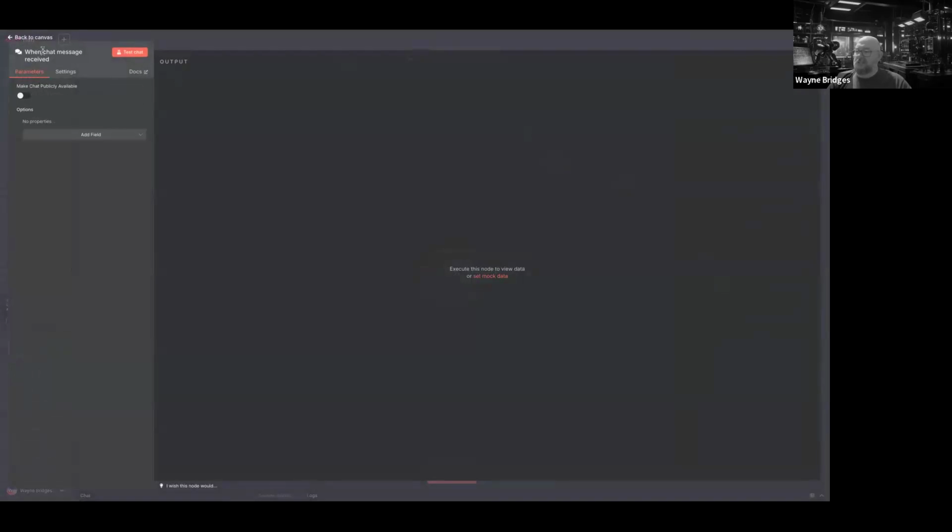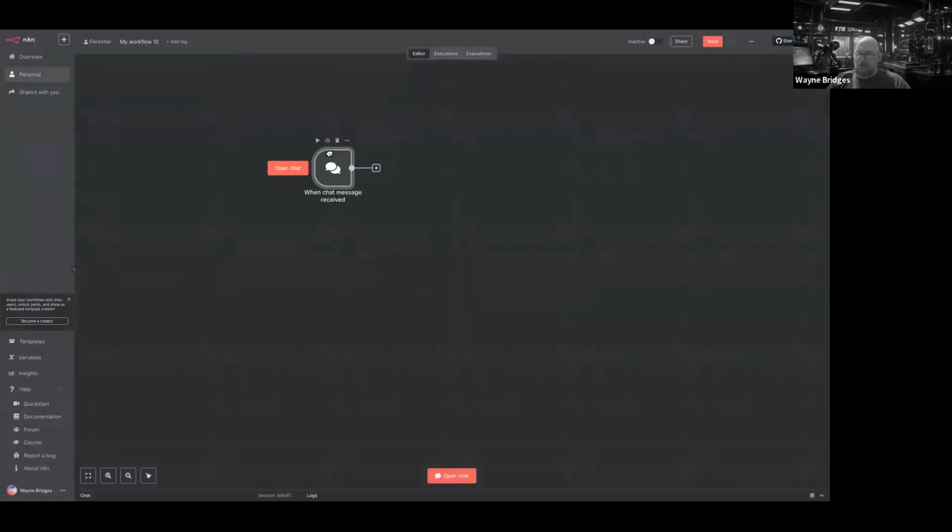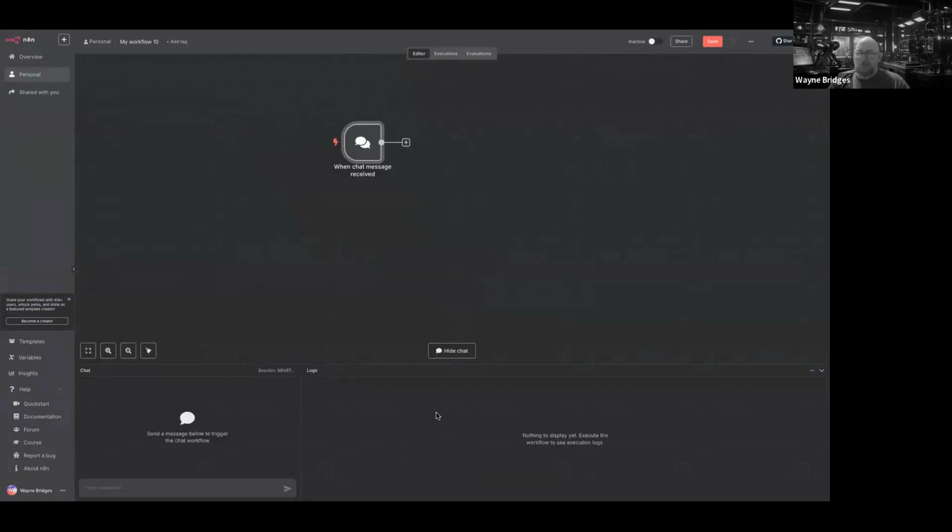And this is simply a trigger that says when a chat message is received, which means I'm going to start here, and when it gets a chat message, it's going to do something. Now I can interact with this through this open chat, which opens a little chat window in the bottom of the screen for me,